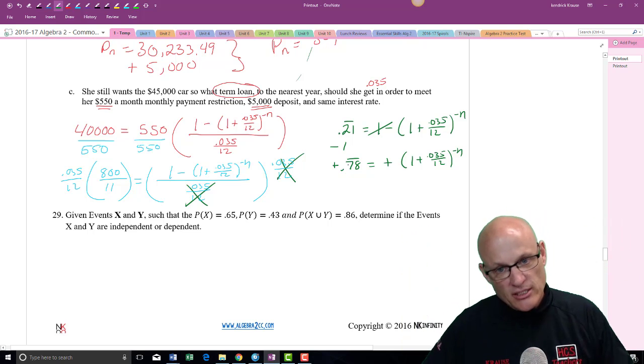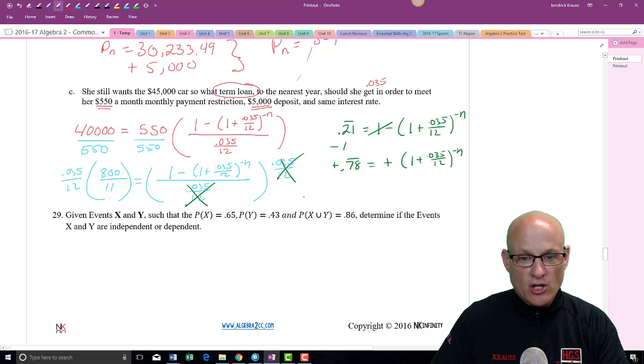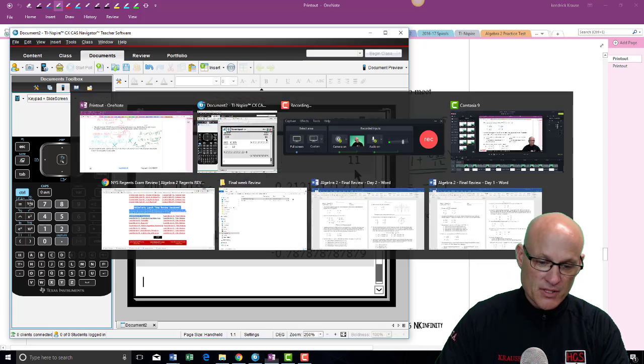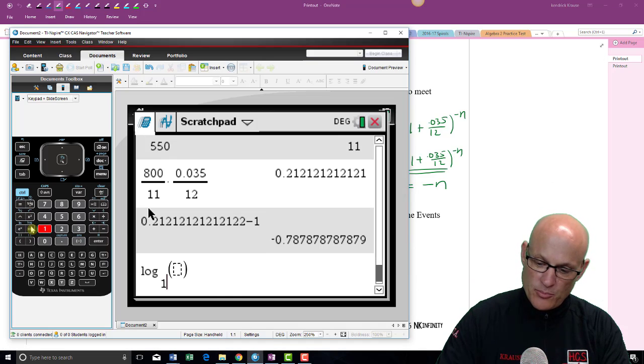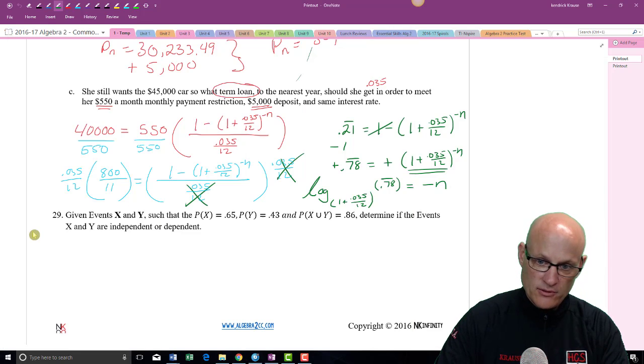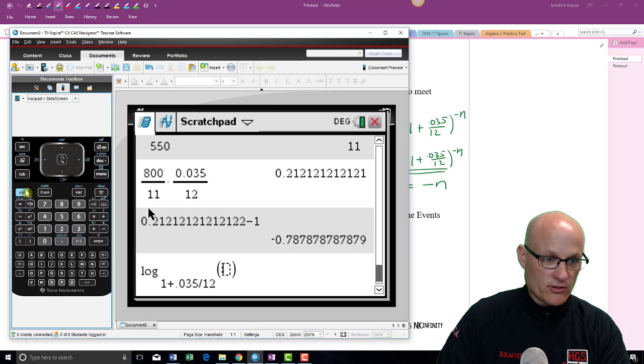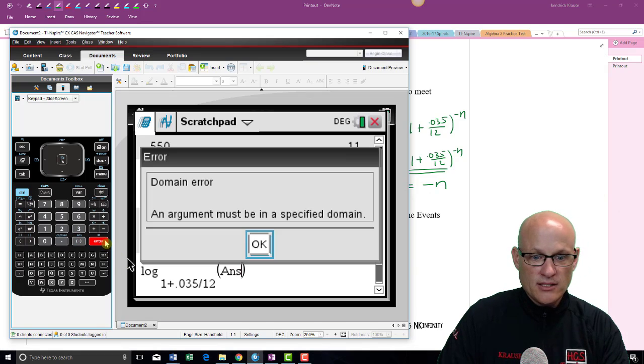We have an exponential. In order to solve an exponential, you need to use log. So log of this crazy base right here, 1 plus 0.035 over 12 of 0.78 repeating is equal to negative n. Are you kidding me? So control log of 1 plus 0.035 divided by 12 of the answer, control answer, and I get